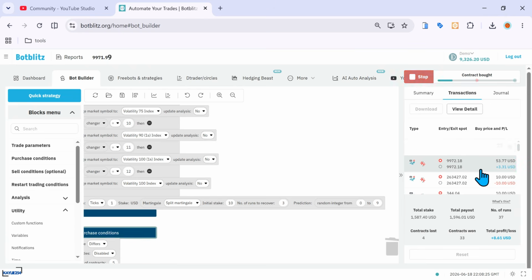So yeah, it's just about calculations right here. Depending on what you're targeting to make in a day should dictate the staking you're going to use and the specific contract type that you're going to trade. So for instance,